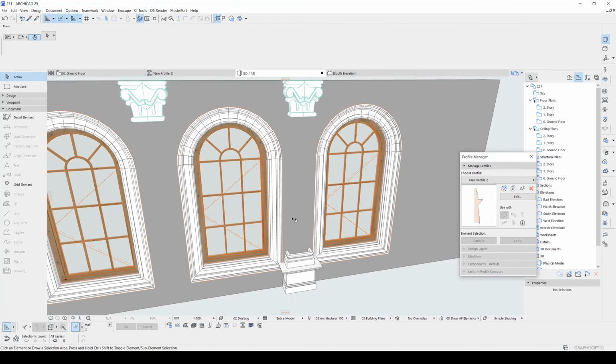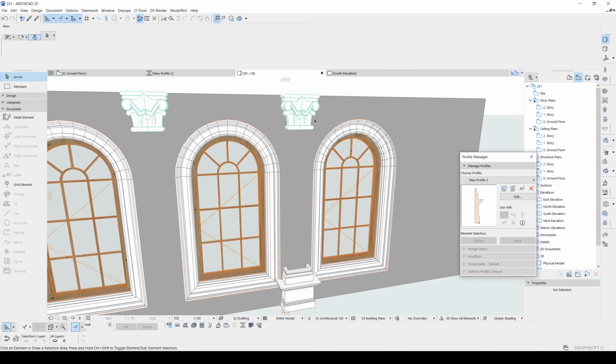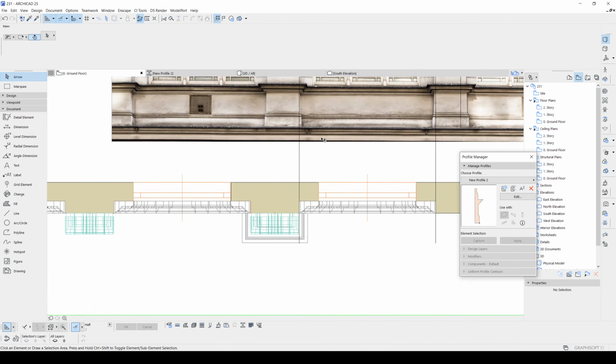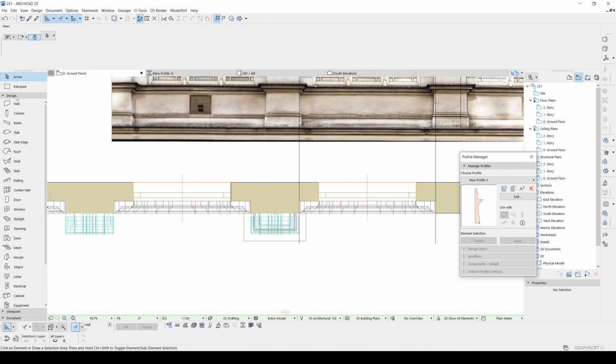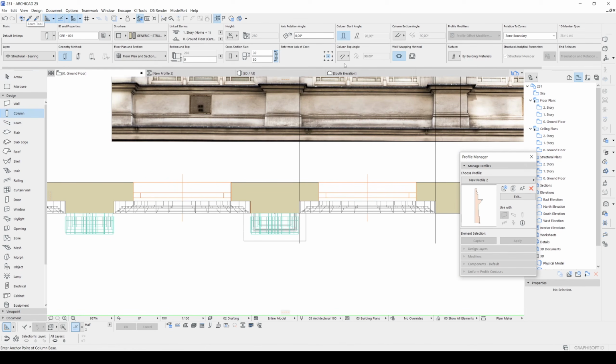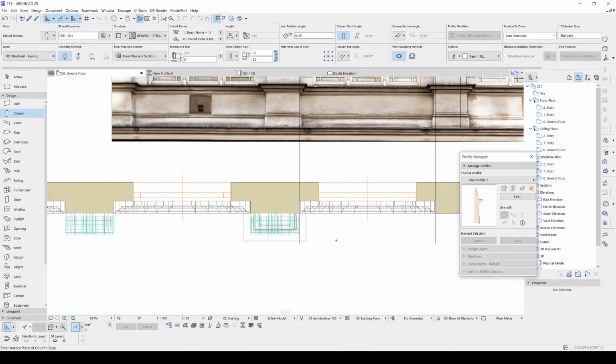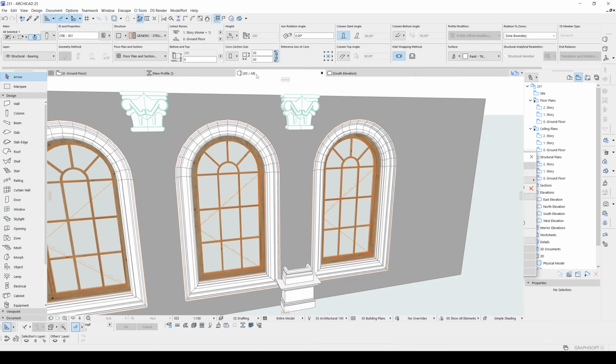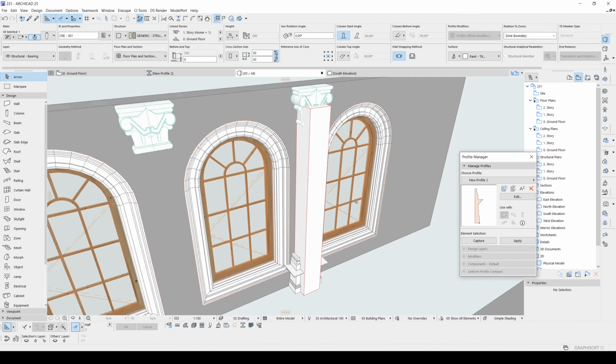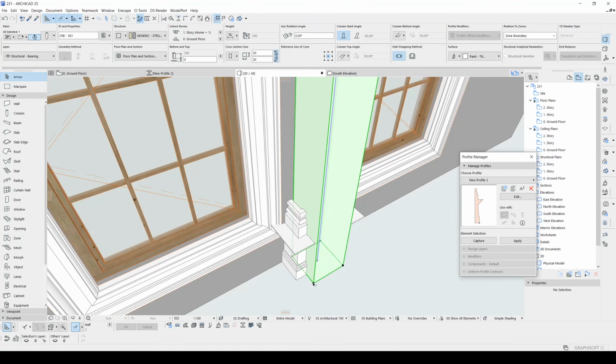We can place a column here, we can place a wall here, or we can just increase this profile and make this reach to the bottom of this head part. For this tutorial I want to place only a simple column. Let's go to design tool, the column, and change its material to titanium white. I will roughly place it here and fix it in the 3D window, just like this.